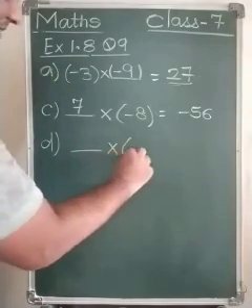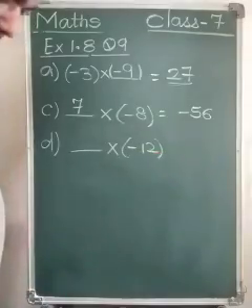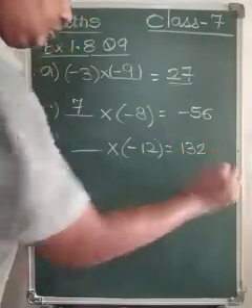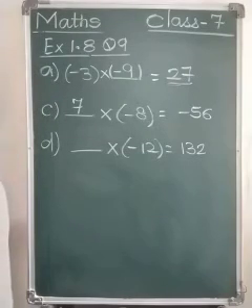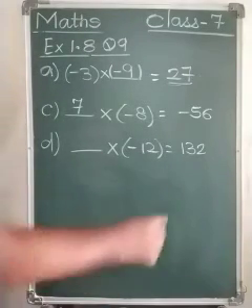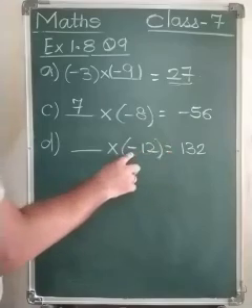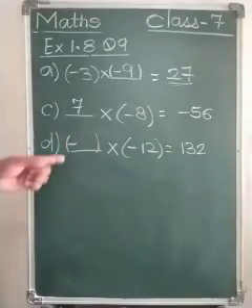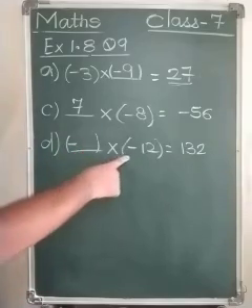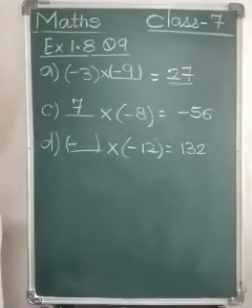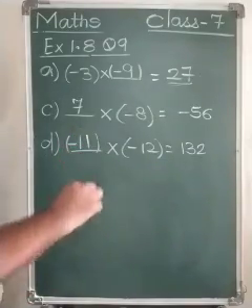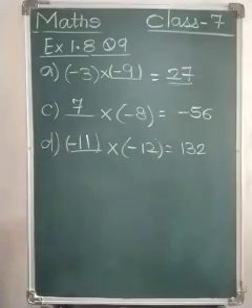Okay, very quickly we will solve the D sum also. Dash multiplied by minus 12 equals 132. Again, here is a positive integer, one is negative, so here the other should be a negative integer, because minus multiplied by minus we will get a positive integer. Now in the 12 table, where does 132 come? It is 12 11s, or 11 12s are 132. So this is how we solve it.